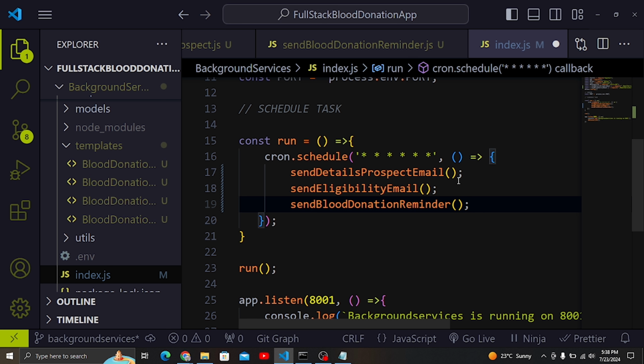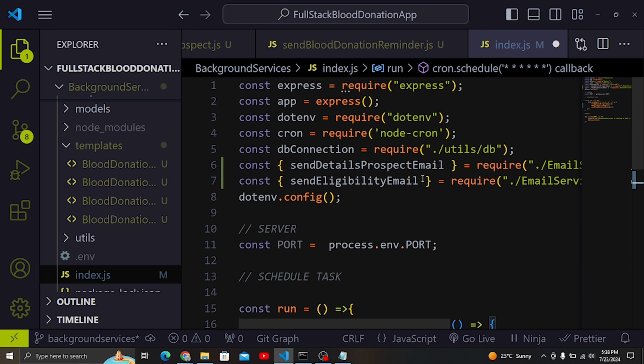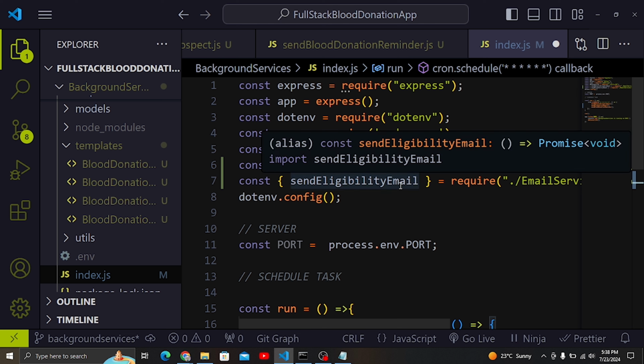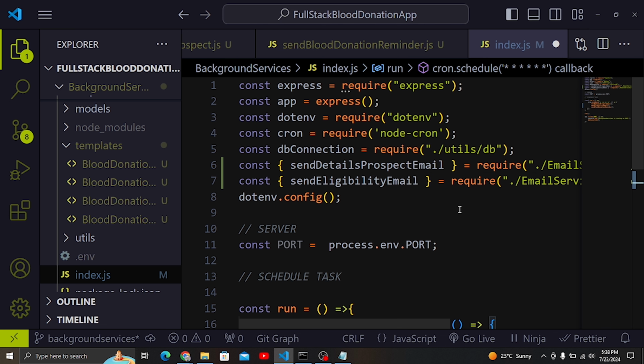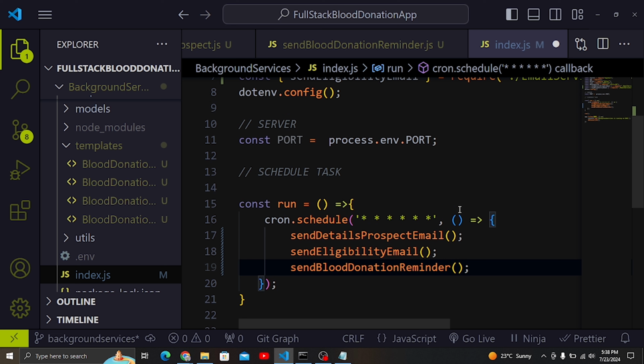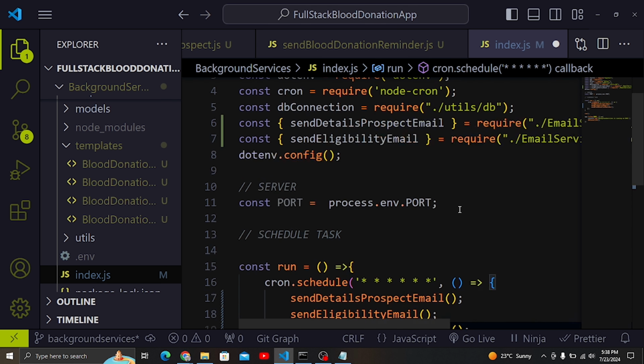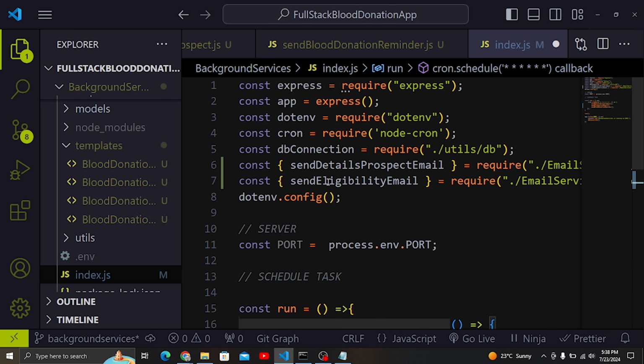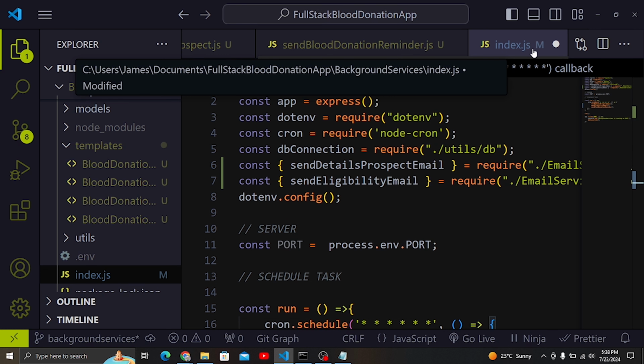You can be able to see that they are already being imported up here. So this one, I think, yeah, they need to be 3 of them. So I can see here they are just 2, but we are going to take care of those in the future. So I'm going to first of all save this